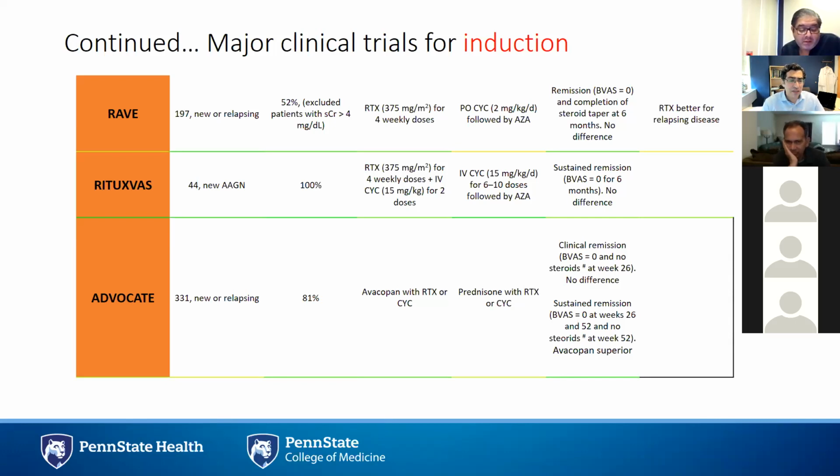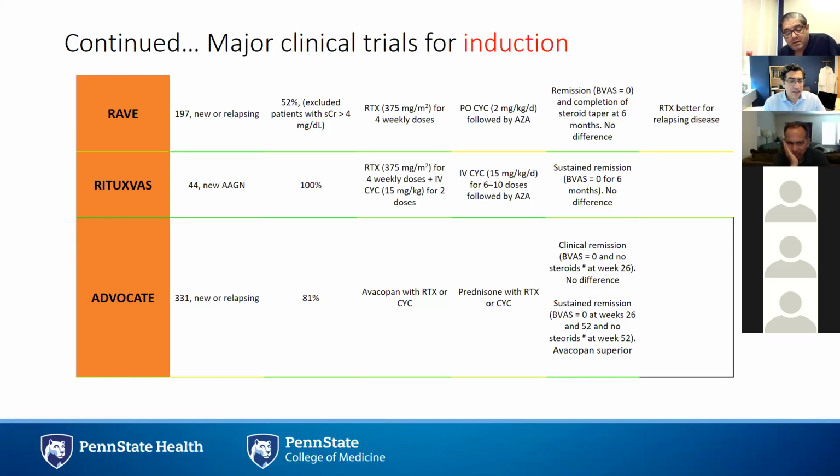Then there was RITUXVAS, which had 44 patients, and it used rituximab for the same 4 weekly doses plus IV cyclophosphamide 15 milligrams per kilogram for 2 doses. And the control arm was IV cyclophosphamide for 6 to 10 doses followed by azathioprine. And this showed that in sustained remission, there was no difference. So in this trial, there was a combination of rituximab and IV cyclophosphamide. More recently,